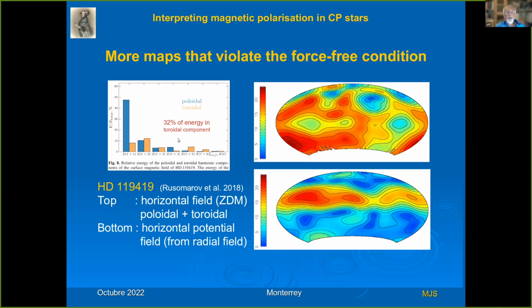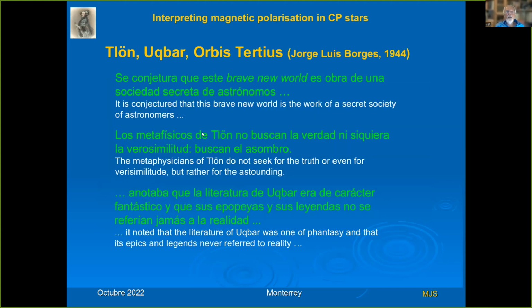119419. Again, the horizontal field is published, and that's what you get when you calculate it from the radial field. And there, 32% of energy is in the toroidal component, according to Rusomarov and co-workers. And again, that's not unphysical. Well, again, citing